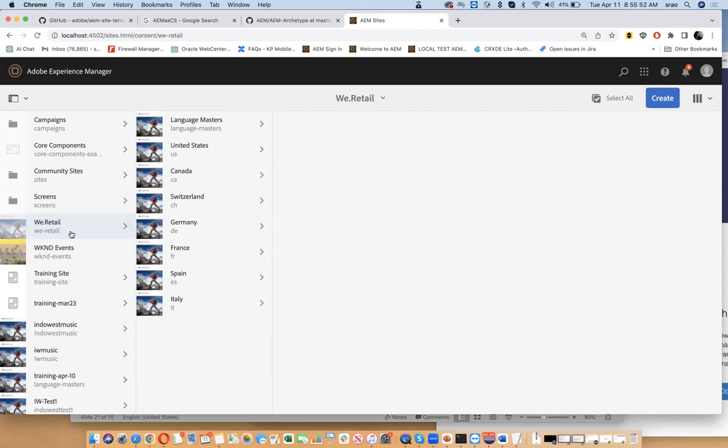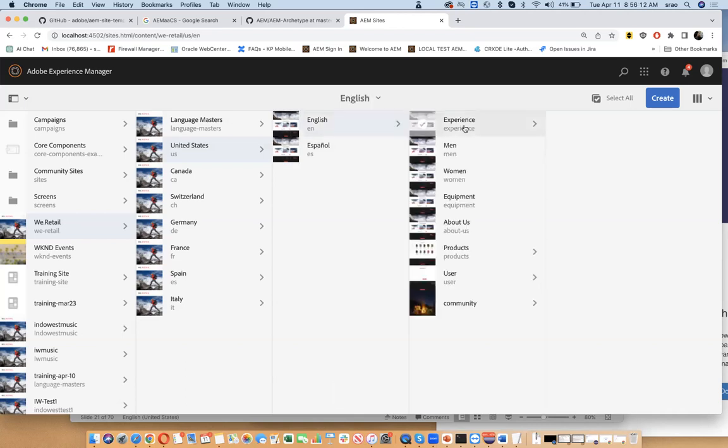You can go through these sites. If it's multiple countries and multiple languages, you set it up this way, and based on how many languages you have, whether English, Spanish, French, everything, you set that up. Then under that you set up your basic pages.